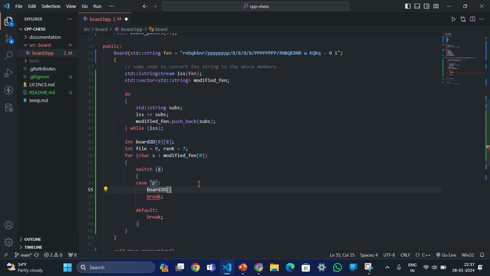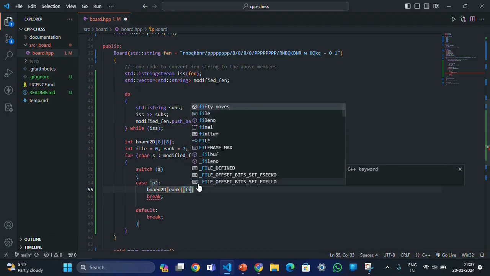Let me just think. First should be a row. Okay, I mean rank. Board rank, then file